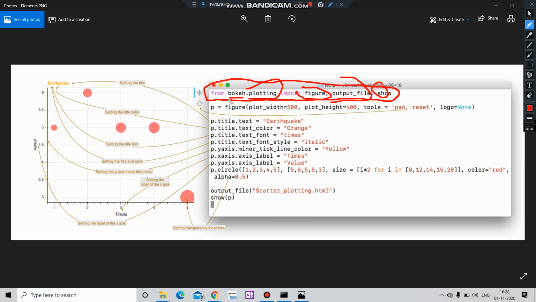Okay. If you don't understand it, let me repeat it. From this Bokeh library, we have imported this plotting class, and from this plotting class, we have imported this figure function, the output_file function, the show function. Okay, so in the next line, we have created a variable p, and we have taken this figure function, and here we have specified the